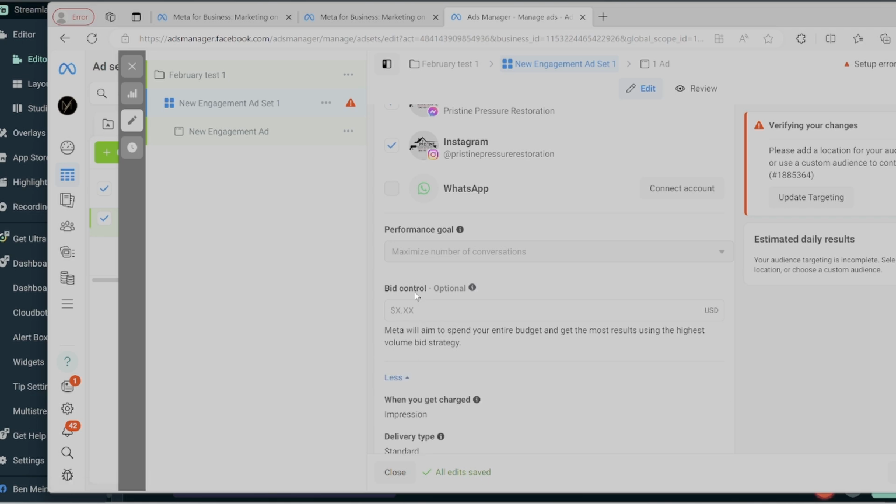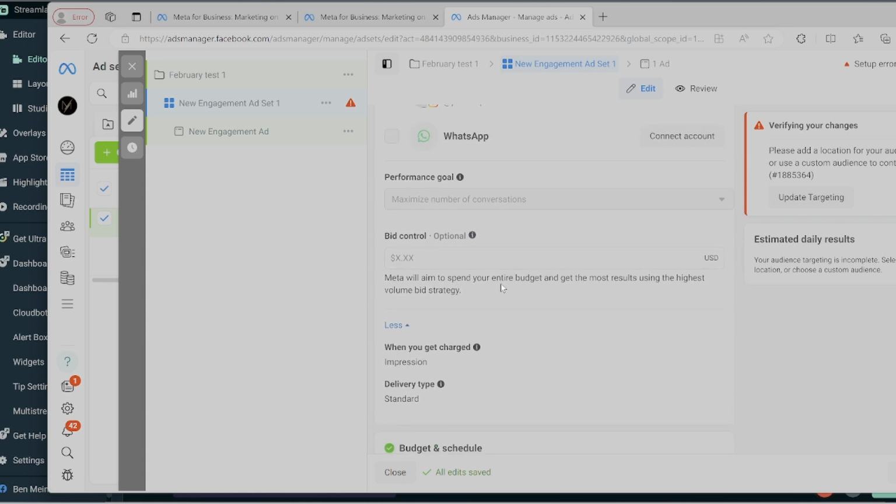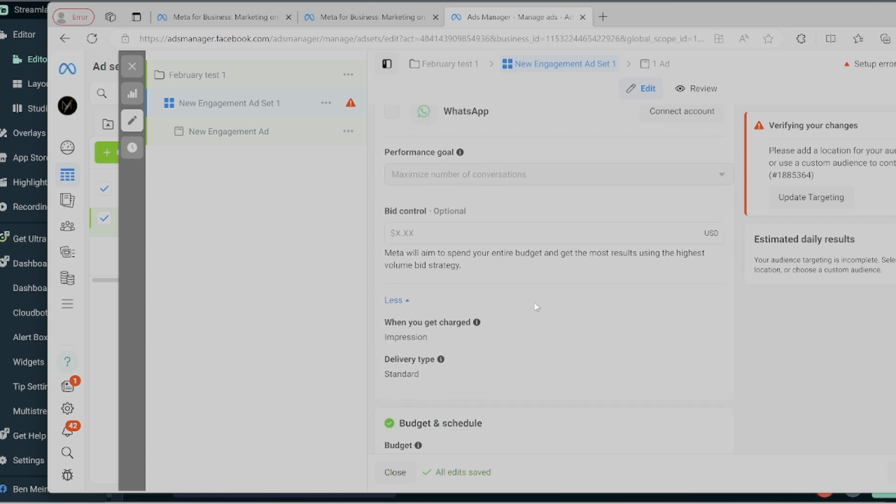Now, I've played around with it here and there, and I talked to some of the top marketers in the world, doing upwards of $10 million a year. What it does is it tells Facebook, hey, I want to get a result within a certain budget. Sometimes what happens is if you get too greedy and set this too low, then your ads just don't spend. So the way we have it, maximize number of conversions, just tells Facebook, hey, go spend the money that I'm giving you and come back with a bucket load of leads. So I just stick with that.